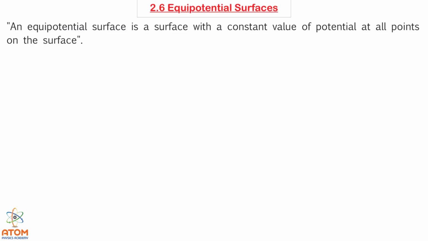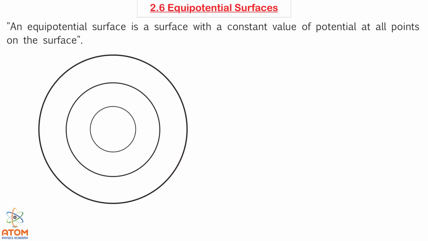Let me show you with some figure here. These are three spherical surfaces. They all are coinciding on each other, and I am putting a positive charge here at the very center. This is, let us say, positive charge plus q. And suppose that the distance of the first spherical surface is r1, for the second it is r2, and for the third it is r3. In this case,